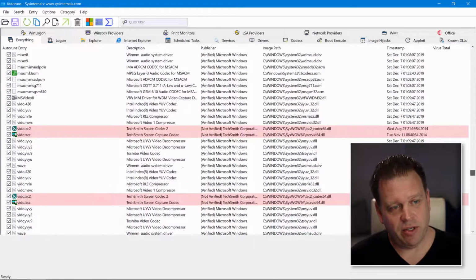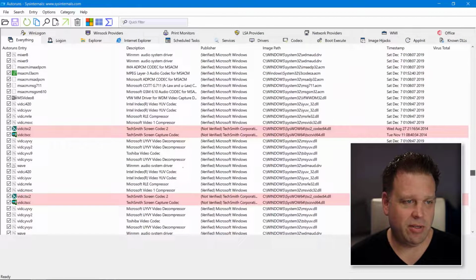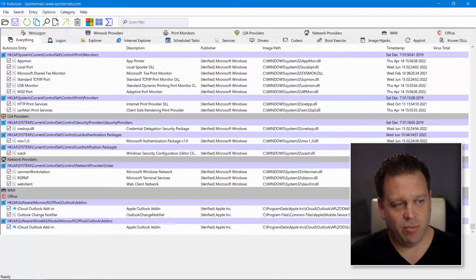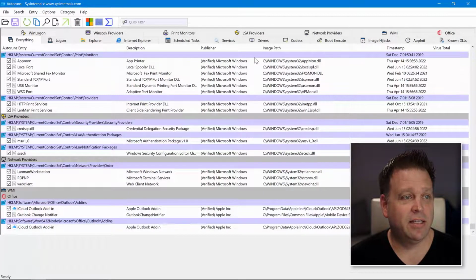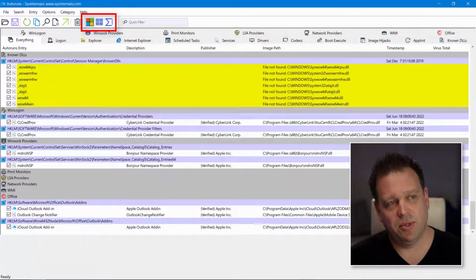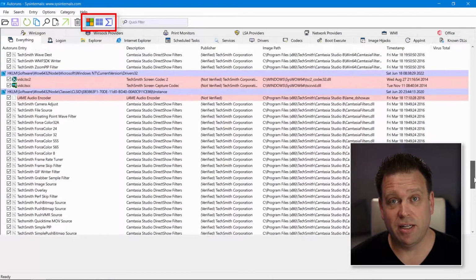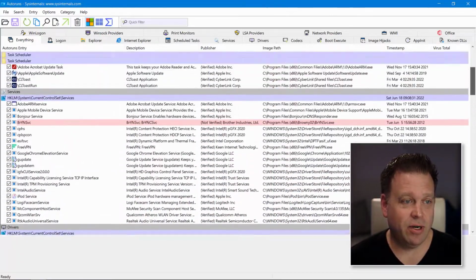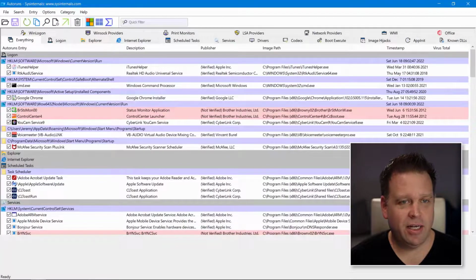So I can see there are a couple other processes there, for example, with things from TechSmith and Camtasia. I'm actually using that right now to record this demo. And you can see even processes from Office and other areas. Now, one thing you can do to filter out some of the processes is just filter out the ones from Microsoft, the ones that are verified for Microsoft. And that's what that button does there, and the one next to it filters out anything from Windows. So now I've got a much more manageable list of things that are running at startup, and I can go ahead and decide which ones I want to disable.